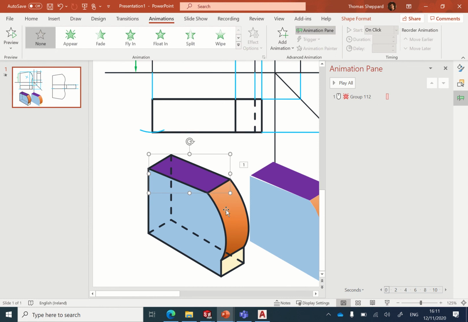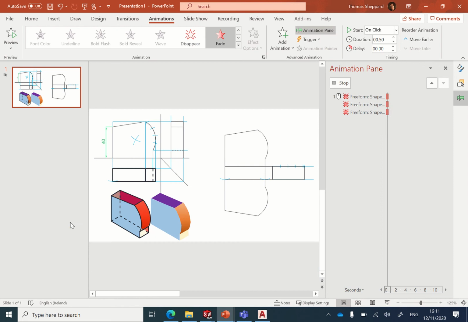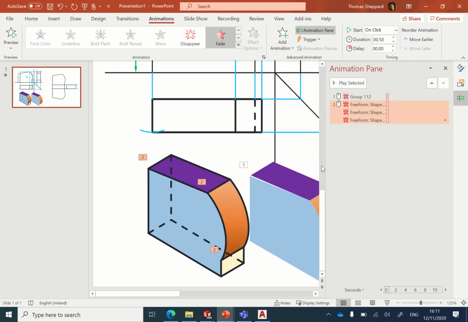100%. So if I click on this guy and this guy here and go to fade, you see the way they all fade out, and the color behind them now appears. So that's where your animation selection pane comes in handy. Let's say I want to just hide this guy for the moment and select the two colors behind him. I go to my selection pane,